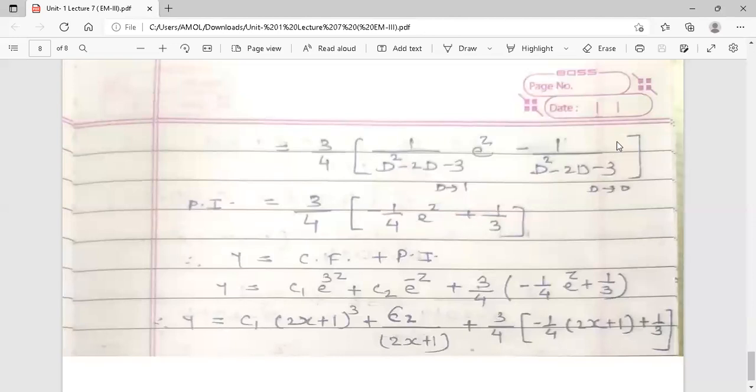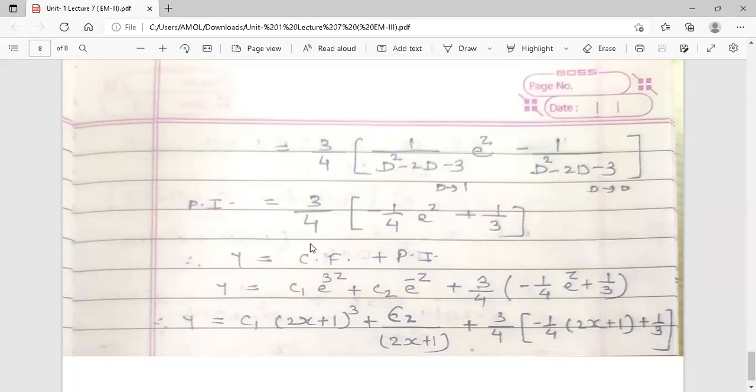In the second term, the constant term is there. No function is there, the constant term is 1. If the constant term is there, then we use the special subcase of the first case of the shortcut method. We replace d by 0 if there is a constant term. So replace d by 0 in the denominator. The only non-zero term is minus 3, and with the minus sign in front it becomes plus. So the term is 1 by 3. And so the PI is 3 by 4 in bracket minus 1 by 4 into e raised to z